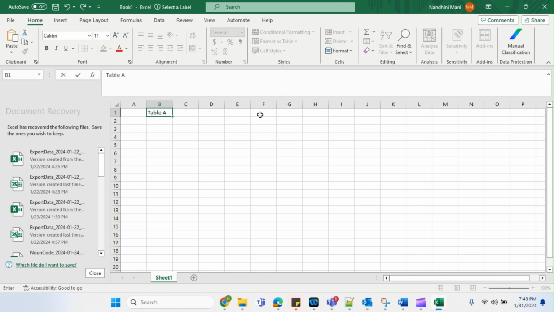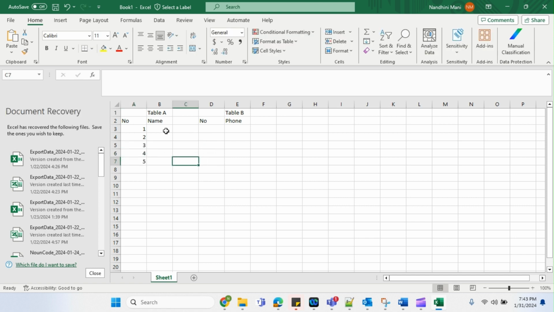Here I have table B. In table A I have number and name. In table B I have number and phone. For example, I'm explaining this relationship. Number is a unique field, and I can have something like this. And for name, I can have Yash,